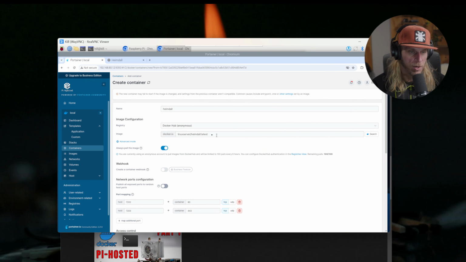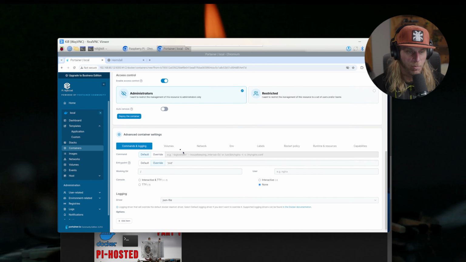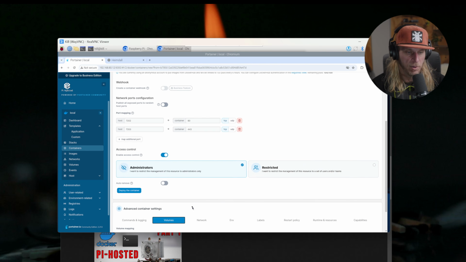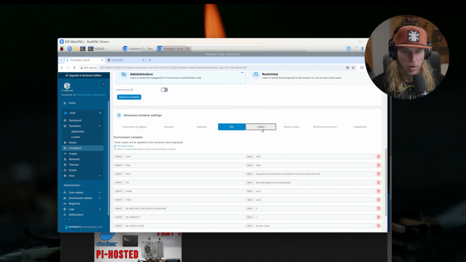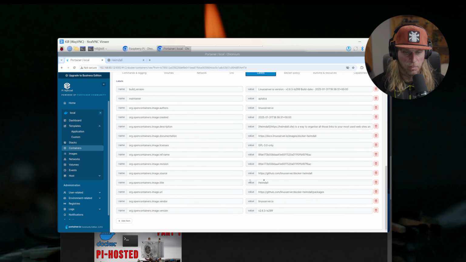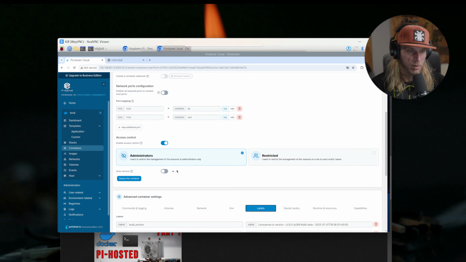And then you could come in, you could edit the name. So just as it insinuates, you can edit whatever you want. But one of the things that oftentimes you will edit is either where your volumes are, where your environmental variables are, or if it has labels, some of your labels that you might want to change. So just know that's available, and then you would hit save, and it would actually redeploy the container with these